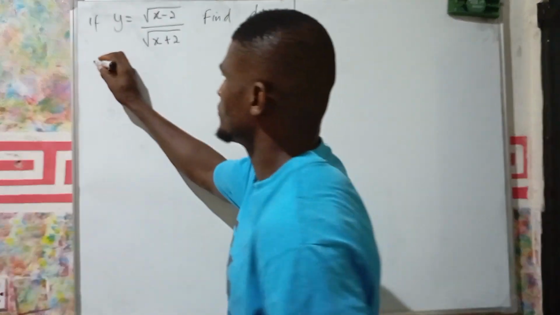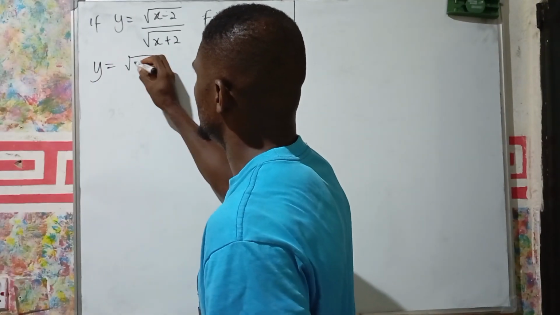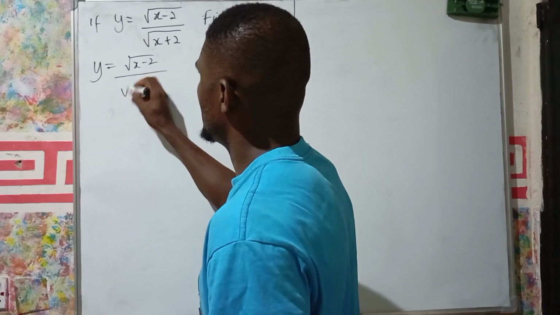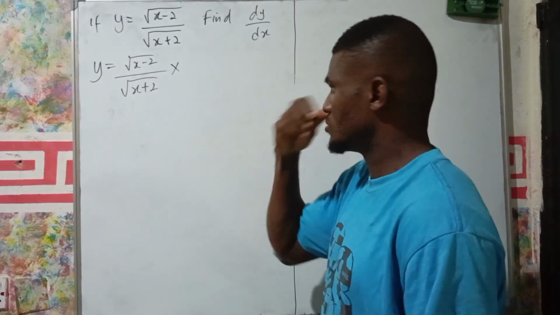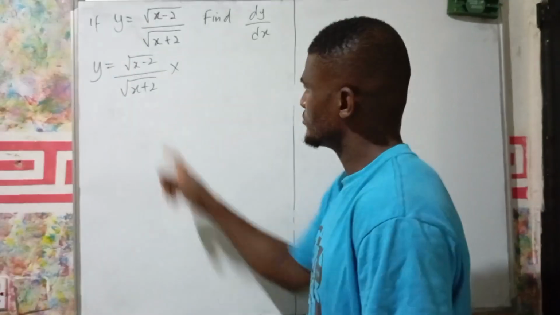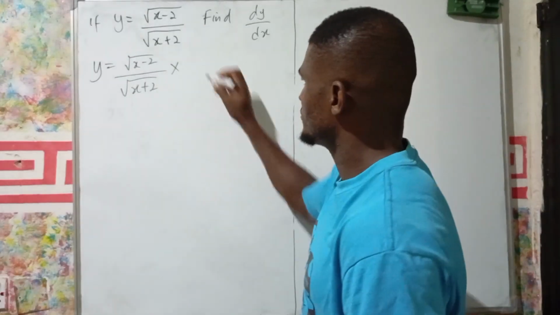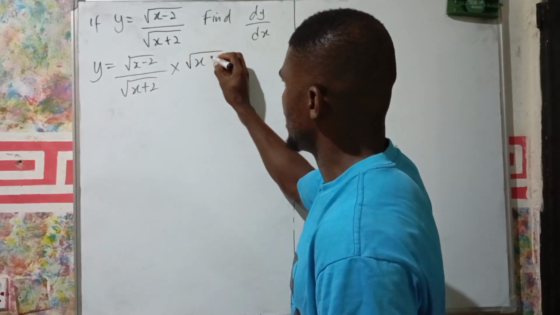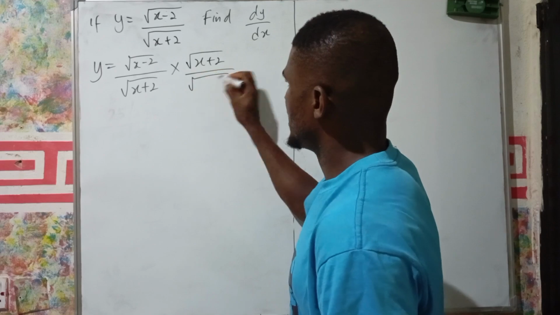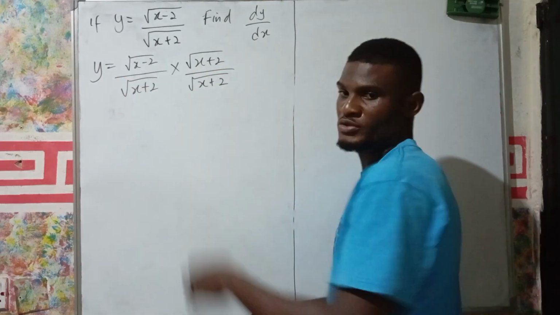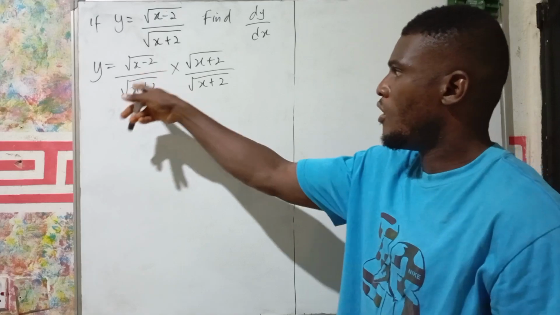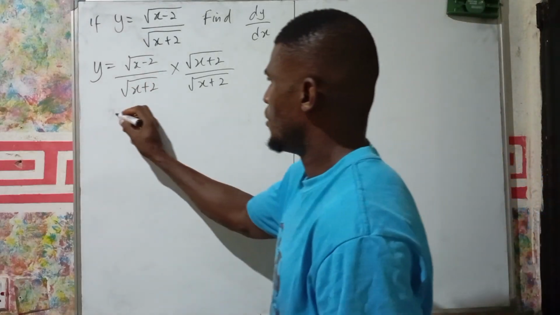Alright, so we have y equal to the square root of x minus 2 divided by the square root of x plus 2. And to rationalize this, we need to multiply what we have on the denominator here. Since the denominator is the square root of x plus 2, we're going to multiply that to both numerator and denominator. In doing so, we'll be able to remove the square root that we have on the denominator. Now,